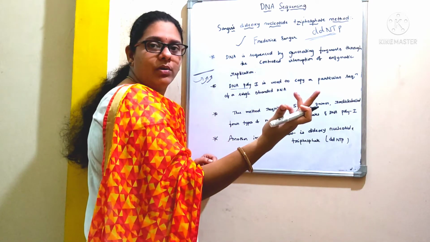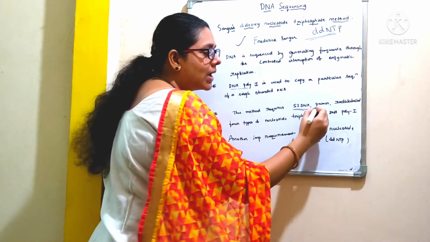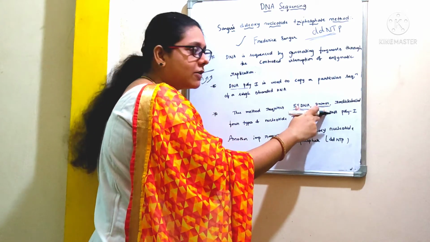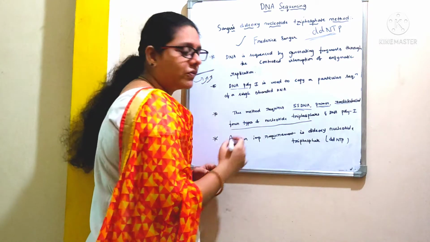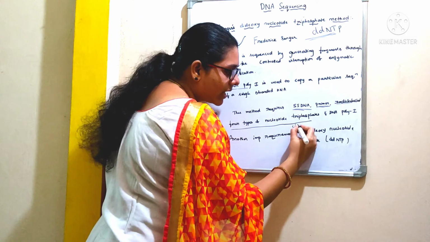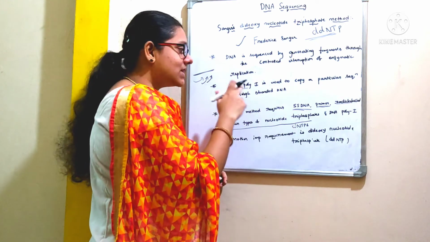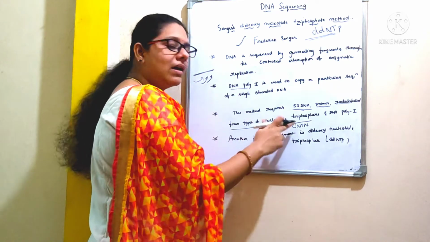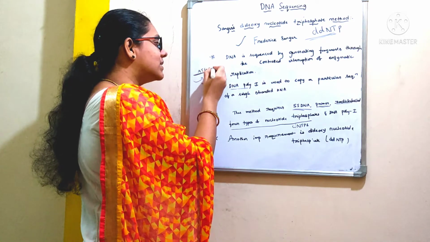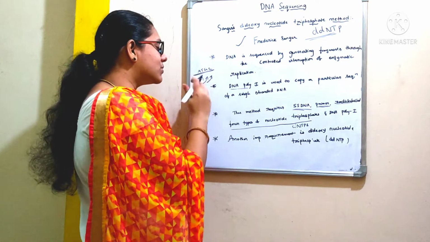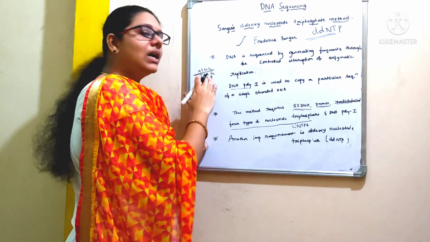Just now I told you, right, what are the requirements? Single-stranded DNA which acts as a template, primer which is going to initiate the process of replication, radio-labeled 4 types of nucleotide triphosphates. So we are going to use radio-labeled dNTPs. So in presence of these dNTPs, this enzyme DNA polymerase is going to add one nucleotide after the other. Suppose there is a sequence of ATGC, then the DNA polymerase is going to add thymine, adenine, cytosine and guanine, as they are complementary to each other.